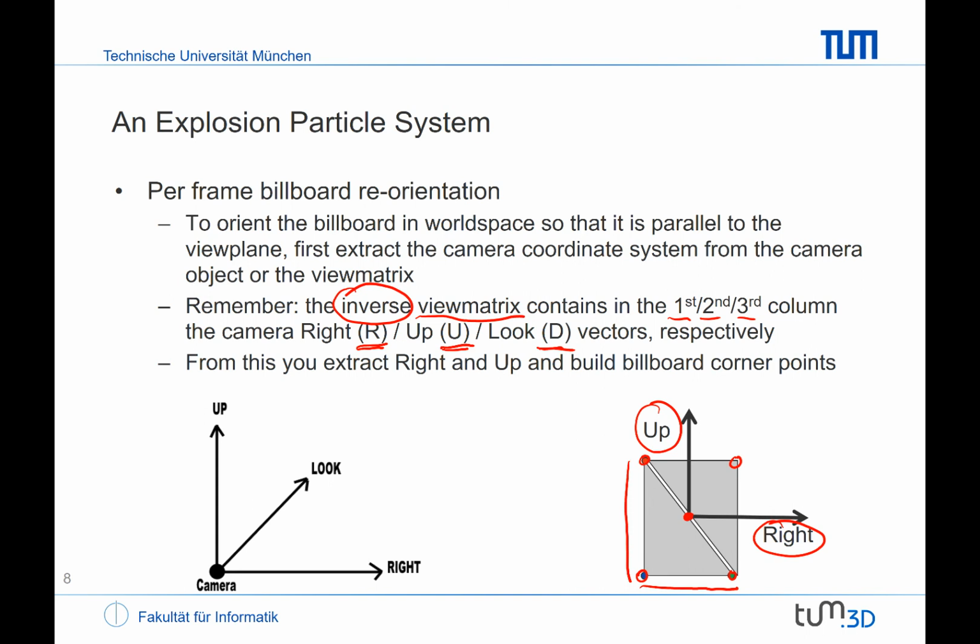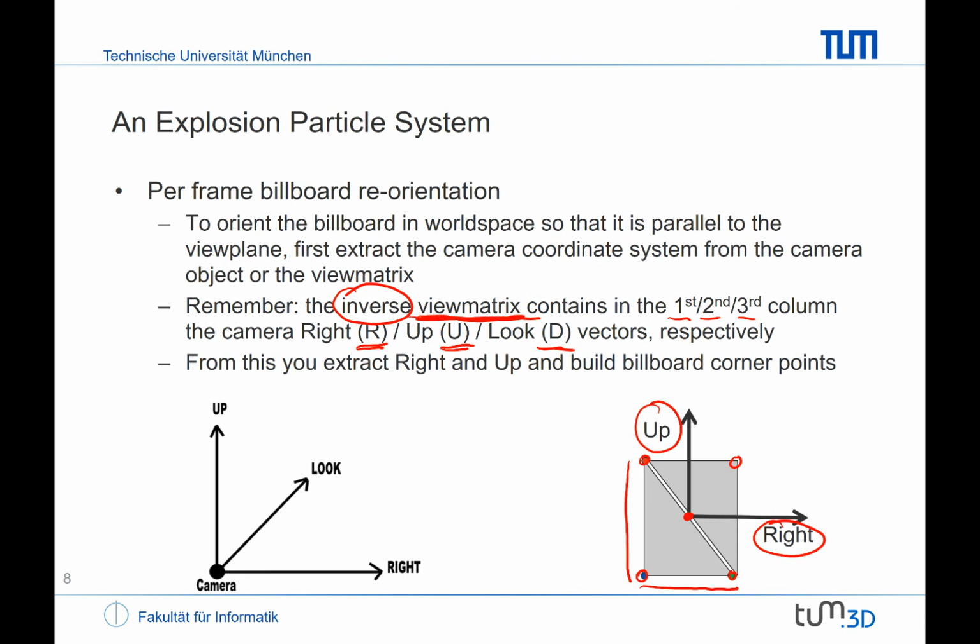please look back onto the slide where we introduced the viewing matrix, and then you will see immediately that we used there the right, the up, and the D vectors in order to form that matrix. And you will see there in particular that we build the matrix just by plugging R, U, and D in the first, second, and third column of this matrix, and then use the inverse of that matrix, meaning that the view matrix is essentially the inverse of the matrix which we need here in order to look up R, U, and D. And therefore we first have to compute the inverse of the view matrix here, and then we can just directly read out the first, second, and third column